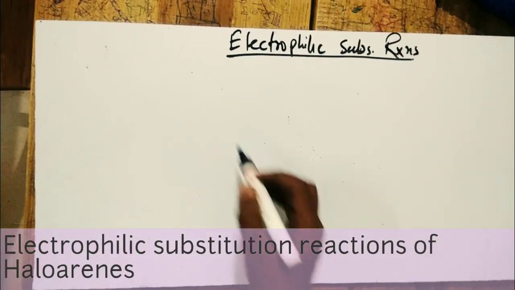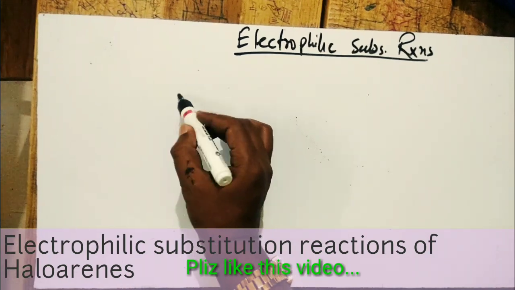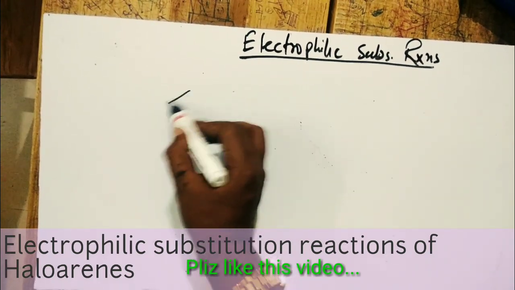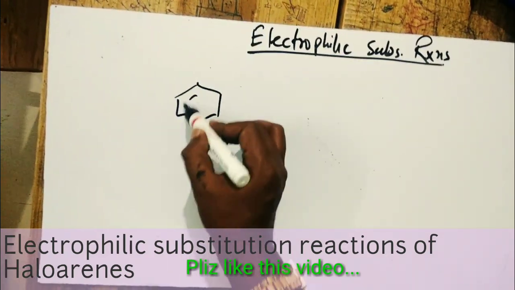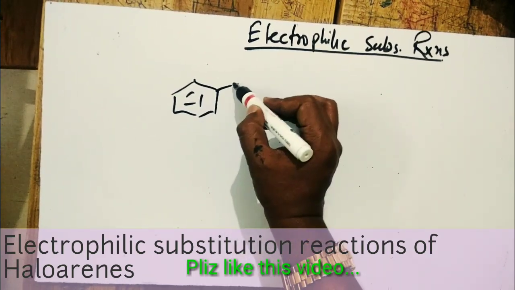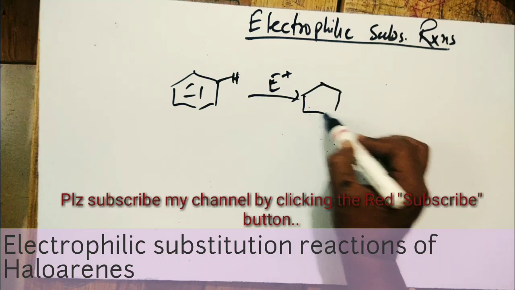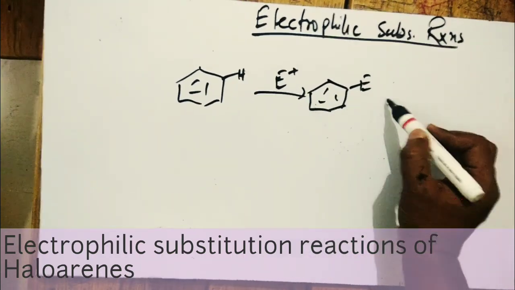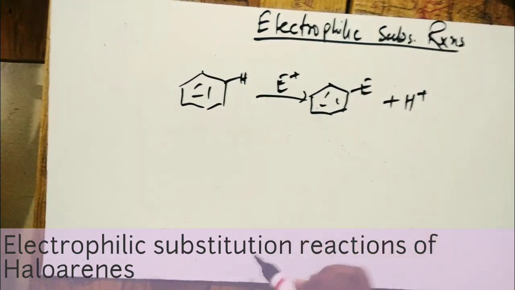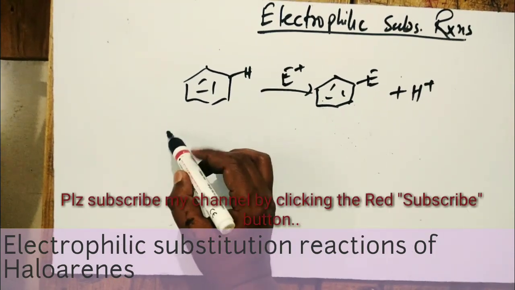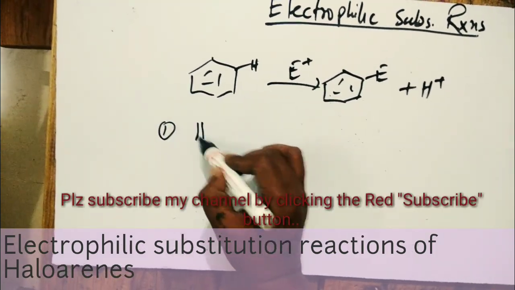Electrophilic substitution reaction. Generally, it is represented by this reaction. Some examples of electrophilic substitution reaction are: